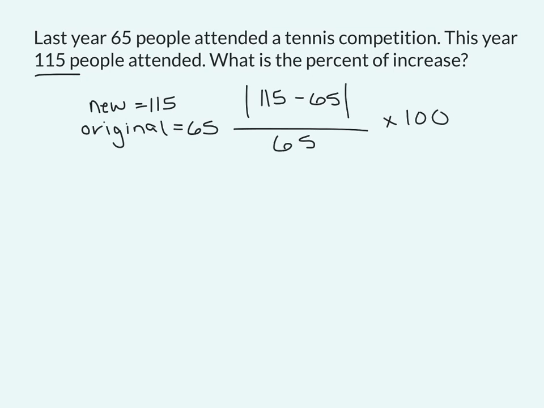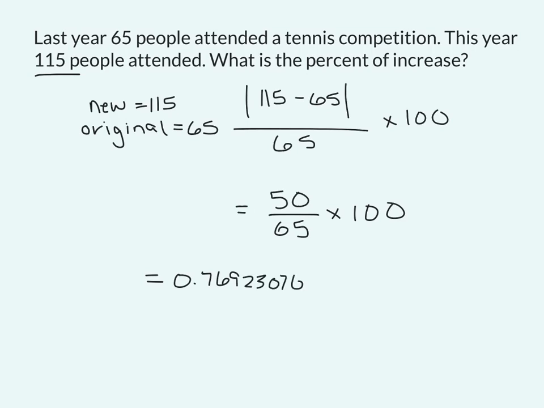So 115 minus 65 is 50. And the absolute value of 50 is 50 since it's already positive. That gives me 50 divided by 65 times 100. 50 divided by 65 is 0.7692307692. And then to make that into a percent, we'll multiply by 100, which gives us a value of